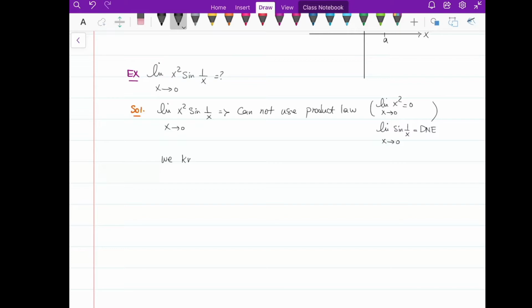We actually know that the sine of any angle is between 1 and -1. Why is that? Because of the graph of sine. See, x-axis, y-axis. This is sine, and as you see, sine is always between -1 and 1 for any angle. Okay, now I'm gonna use this fact, and I'm gonna multiply